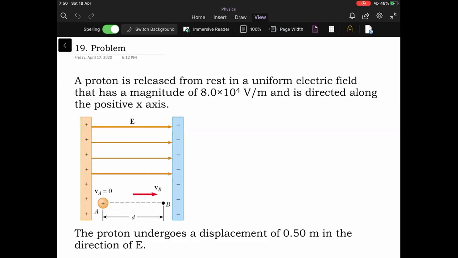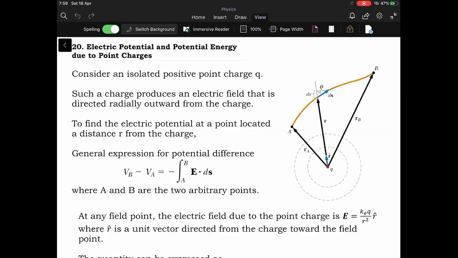I got two WhatsApp messages yesterday regarding the doubts: finding the electric potential and potential energy associated with the point charge or point charges. So before we find the potential energy of the system of charges, let's first find out what is the potential difference between two points which are in the vicinity of a point charge. So here you can see in the diagram,